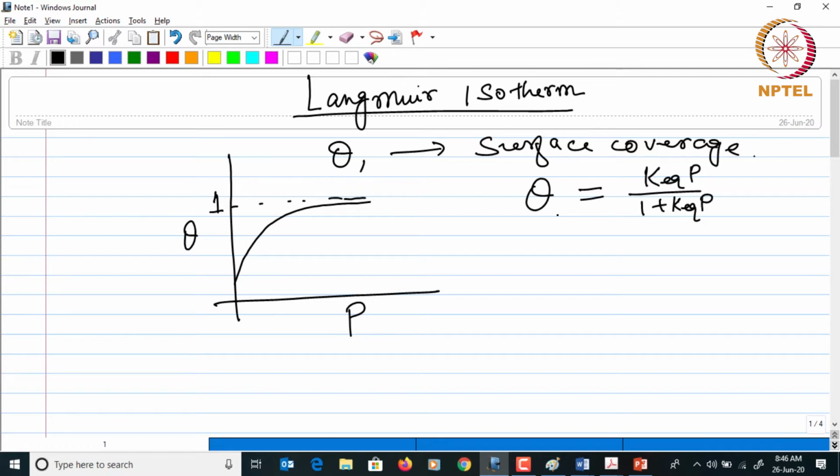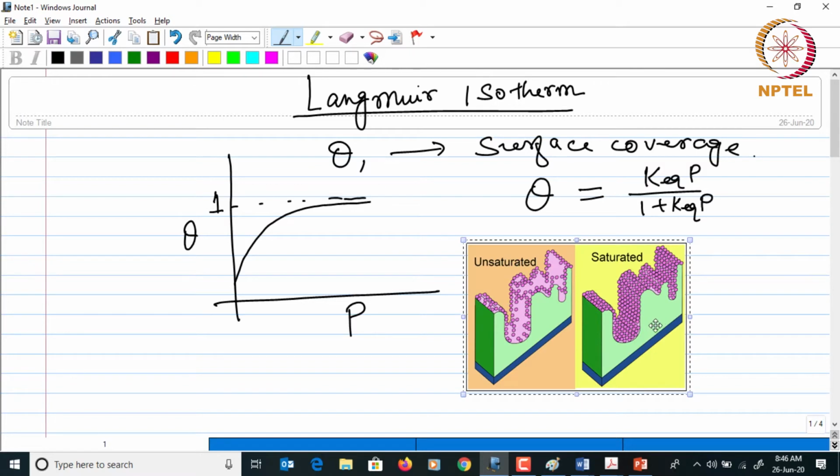And that can be depicted by this picture also over here. So in the beginning, the gas molecules are adsorbed on the solid surface at specific sites, and that's how we define the theta as the surface coverage,